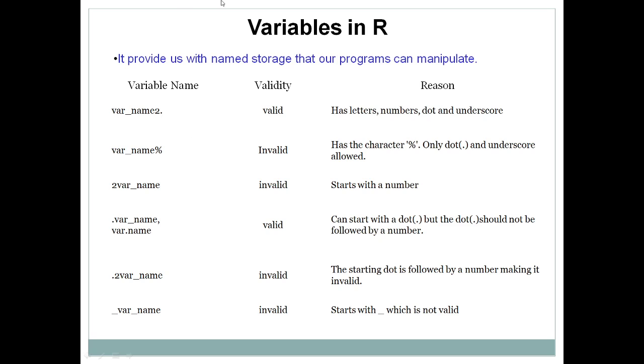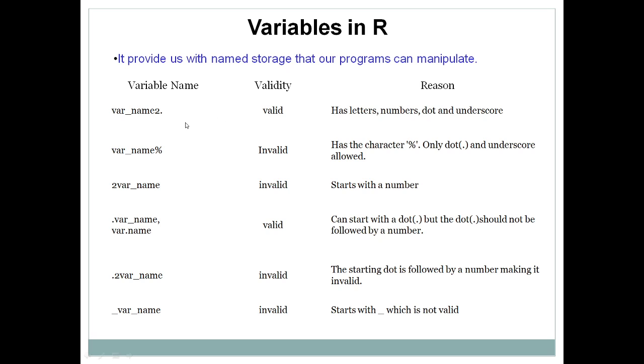Before discussing the various examples, I want to tell you that in R, you can declare a variable by using alphabets, digits, an underscore, and a dot operator, but you cannot use a special character in the declaration of a variable. One additional thing in R is that dot is also allowed. In C, C++ or Java, dot is not allowed in a variable declaration. Underscore is allowed, but in R, dot is allowed as well.